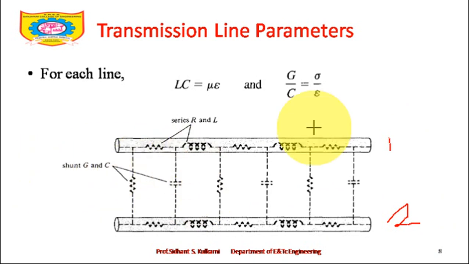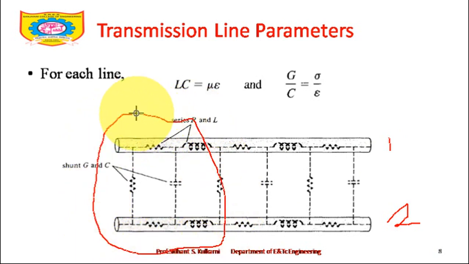See, if this is an infinitely long transmission line, I cannot measure a resistance at this point. I can measure, but I cannot exactly predict. But you will definitely ask me, if someone says, okay, this much is the section of the transmission line, now you tell me how much is the resistance. Then you can apply your electrical theory concepts, and you can tell this much should be the resistance.